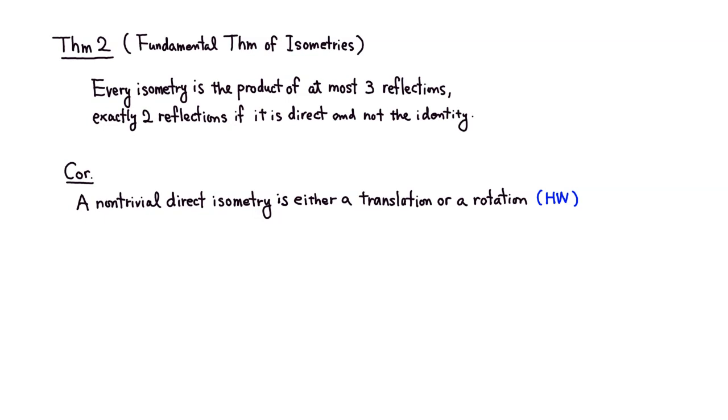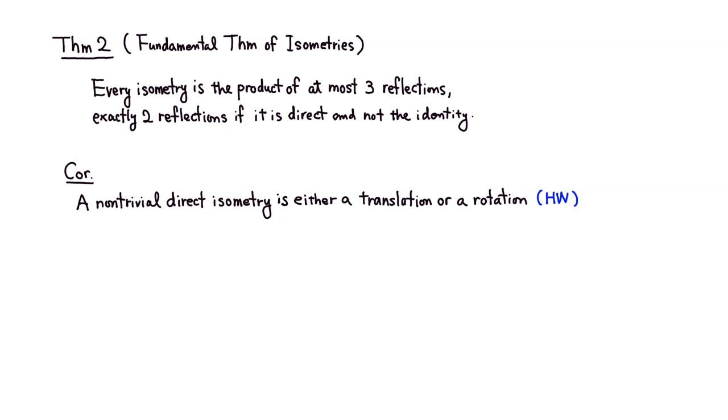All right, let's look at Theorem 2, the fundamental theorem of isometries. It states this: every isometry is the product of at most 3 reflections, and exactly 2 reflections if it is direct and not the identity, which means non-trivial. And the corollary of this Theorem 2 is that a non-trivial, which means that it's not an identity map,